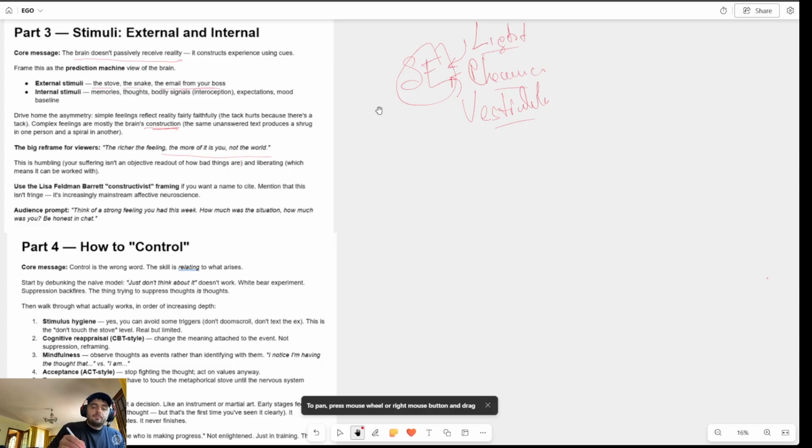Then that state is meant to move the body in space, and that requires muscle orchestration. So, body muscles, and then maybe mouth muscles. So what I'm trying to say here is